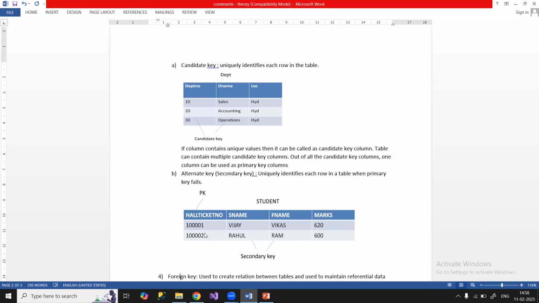So here if I take only student name, with the same name, many students will be there. So to avoid that, I am taking father's name also. If I take student name and father's name, you can avoid repetition. Sometimes it may happen that student name and father's name are the same for two students. In that case, they have to take some other column like year or semester, like branch,